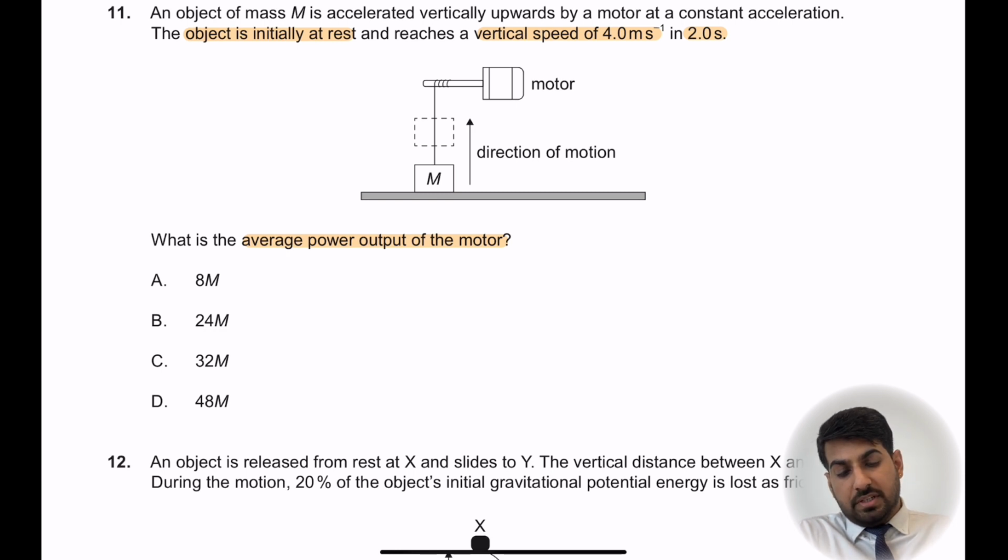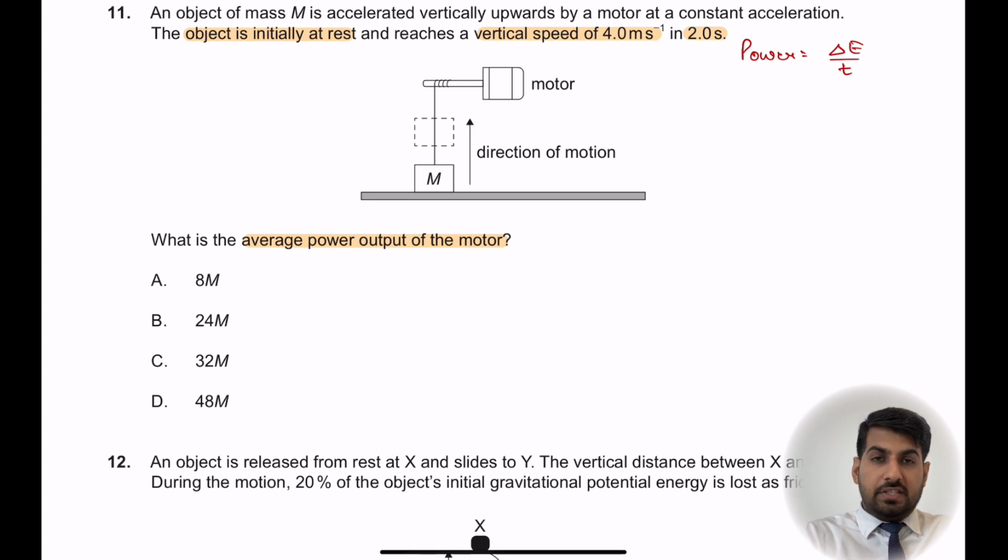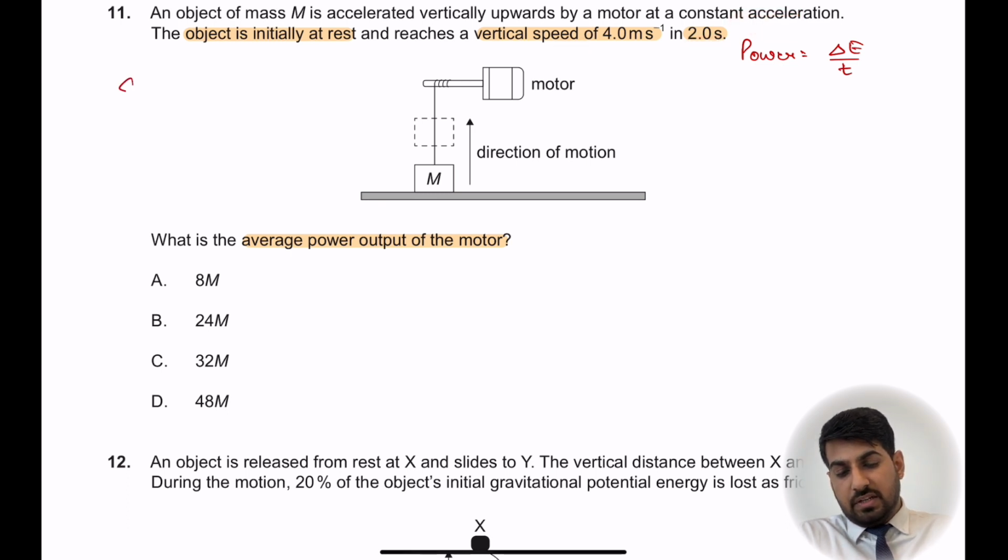So energy per unit time, if I say power is change in energy per unit time. How much is the energy that is being changed from this to a particular height? The vertical speed is 4 meter per second with a constant acceleration. So can I say that the height or the vertical displacement s equals ut plus half, or you can say v square equals